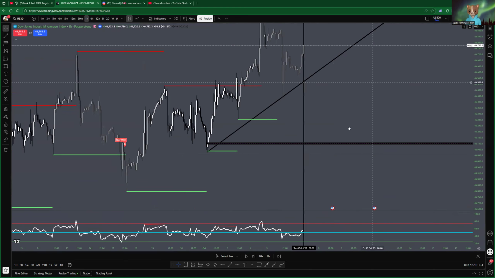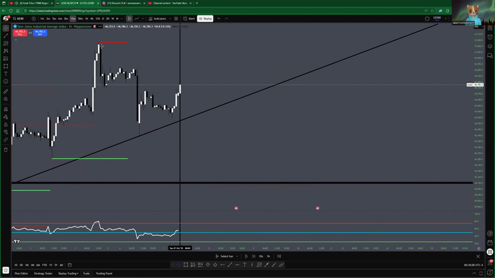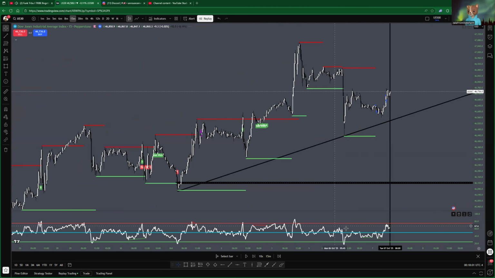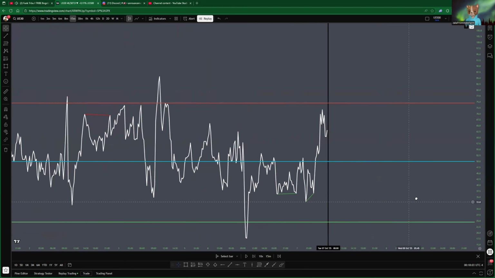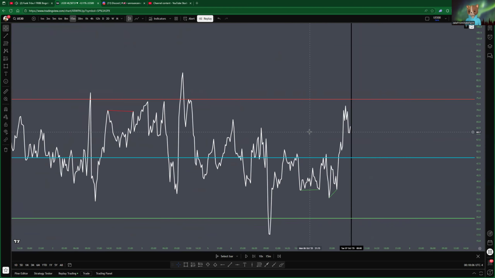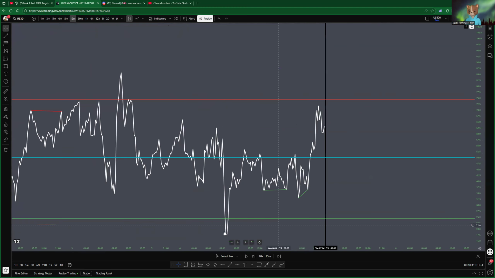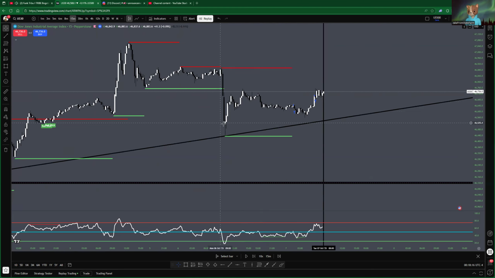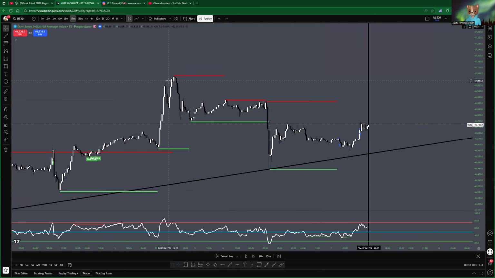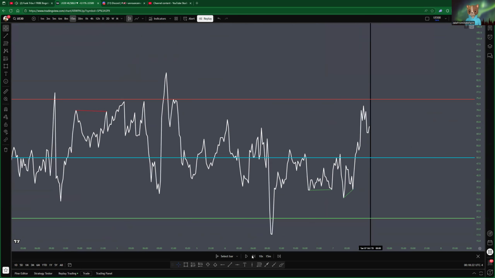Awesome. Now, let's go down to the 15-minute and let's look at what was the most recent divergence between this information. As we can see, there was no divergence to the bottom side at all. It did go ahead and go through our green, but it didn't go lower than this point. So no divergence, it's just been bullish. So the last past divergence was actually over here on the 15-minute,